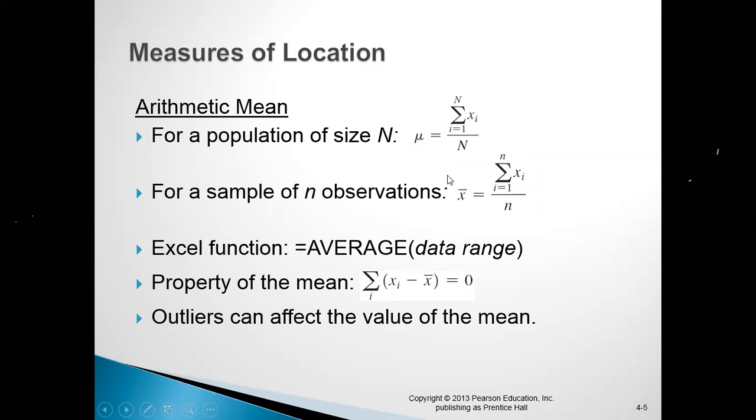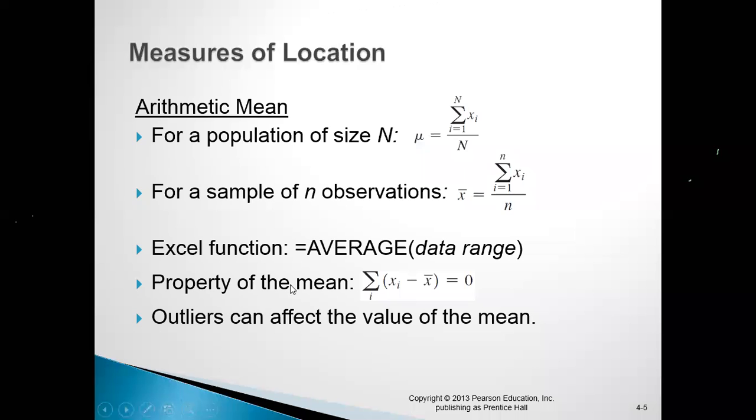Here it is represented by x bar. Then the same thing is there. Only the change is what? In place of capital N, we have small n, representing the n observations of a sample. Here it's representing an observation of a particular population. So the Excel function is what you have to type: average, in a particular Excel sheet. Then we have to define the data range, and then the mean value will come.